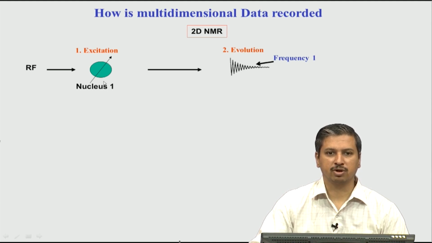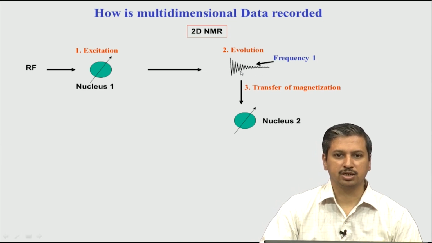When you excite one proton, it starts evolving because of its chemical shift, and during that period it also starts transferring its magnetization to a second nucleus because of the J coupling. This happens spontaneously; there is no need for anything to be done from the spectrometer side, and no pulse needs to be applied. During the period when it is in the xy plane, it starts transferring the magnetization to the neighboring spin to which it is coupled. Now, once it has transferred the magnetization,